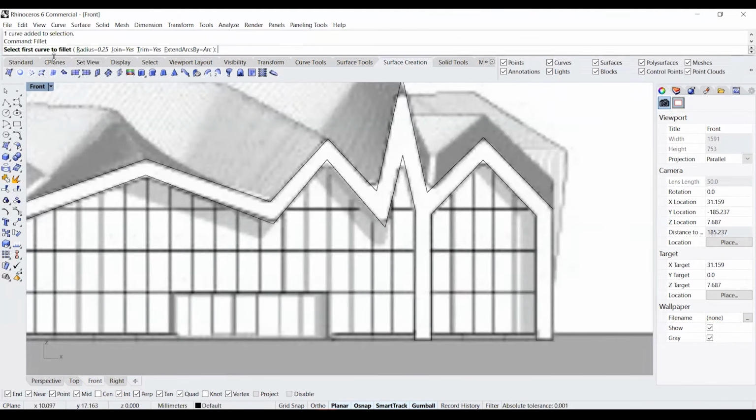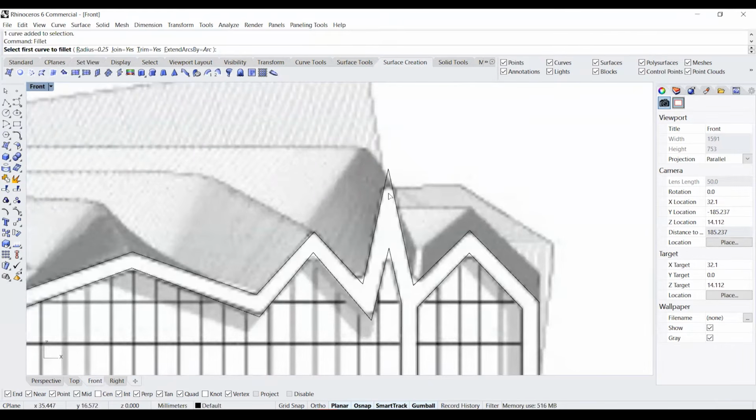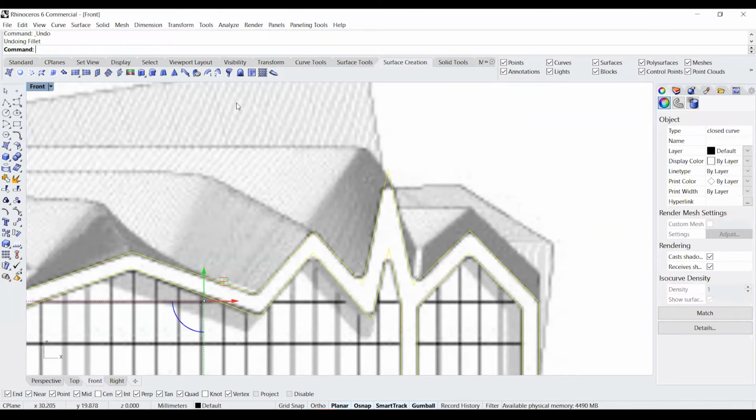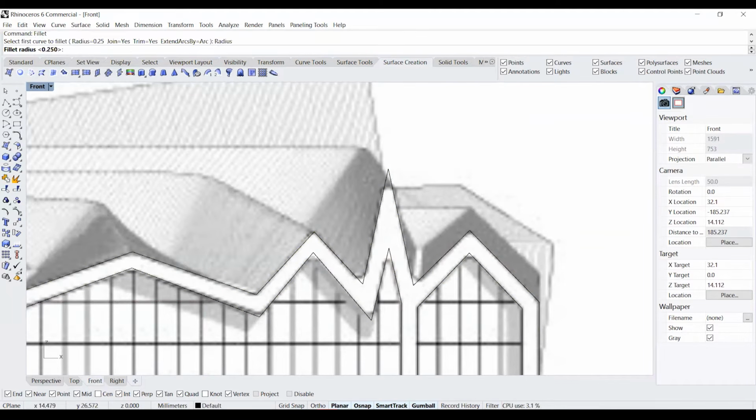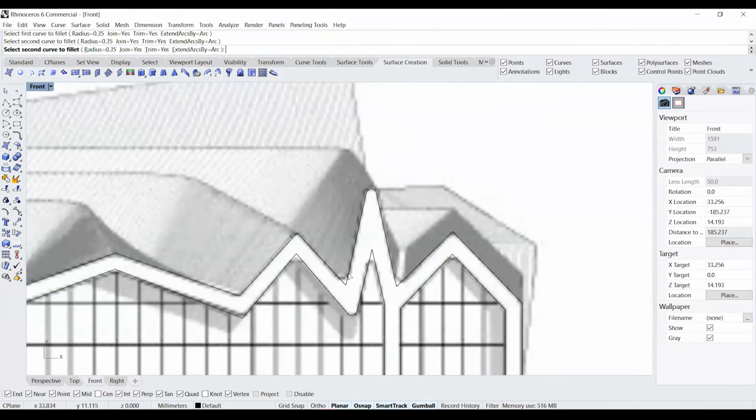We're going to keep the radius relatively small just to see how it works. 0.25 should be fine. Maybe we can increase it to 0.3. That seems fine. Just repeat the function all around.